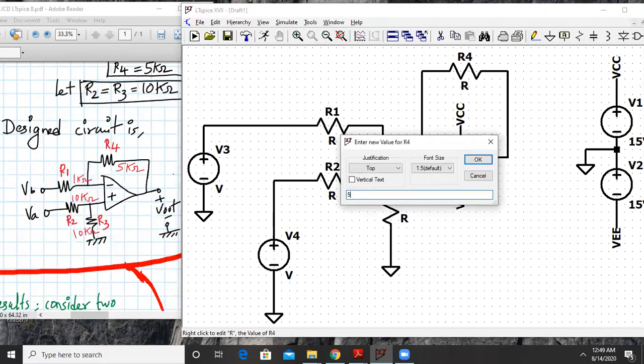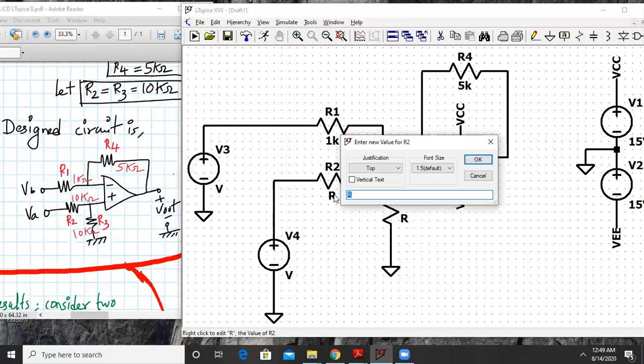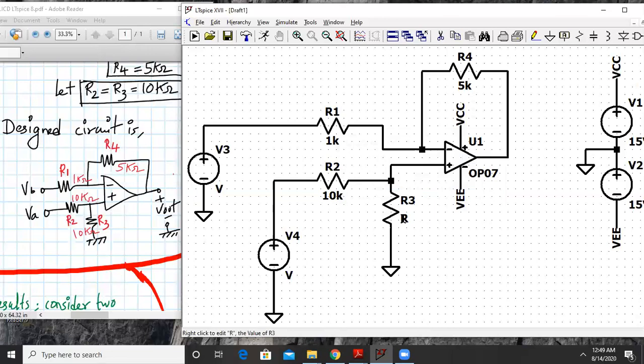The value is 5K over here. As per our design, this is 1K. This is 10K, and this will also be 10K. And the combination of VA and VB we will select. So let's call this VB, and this will be VA.